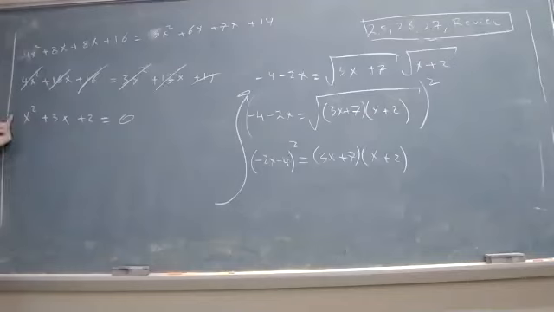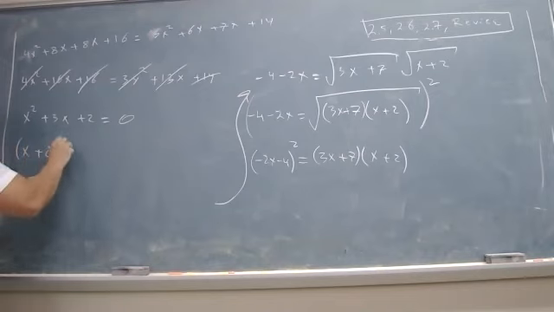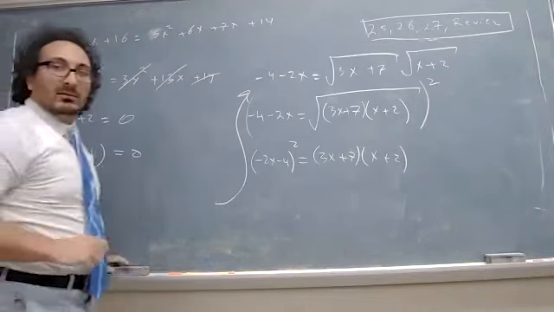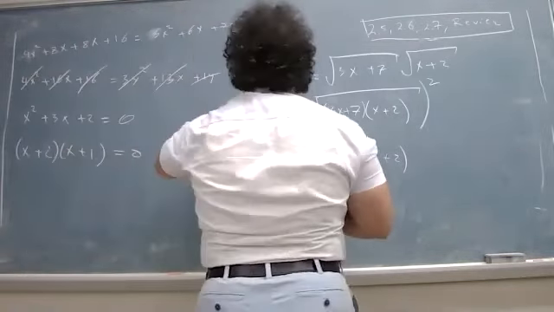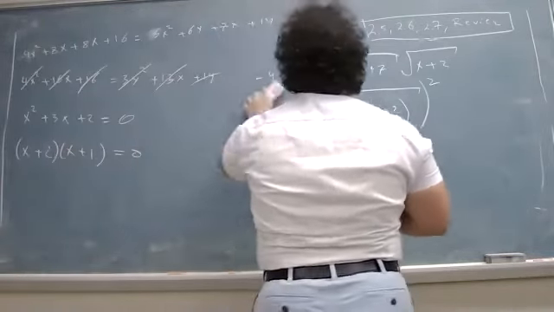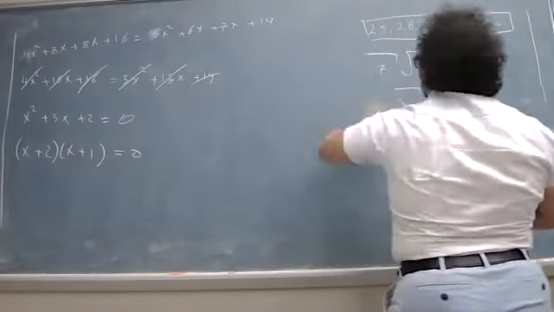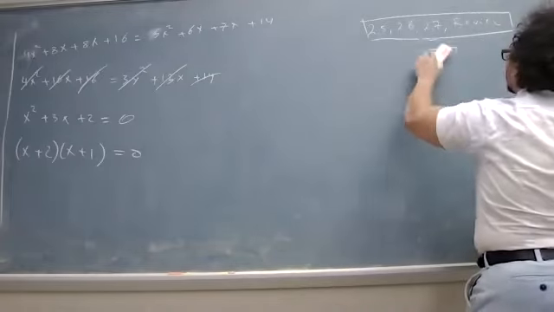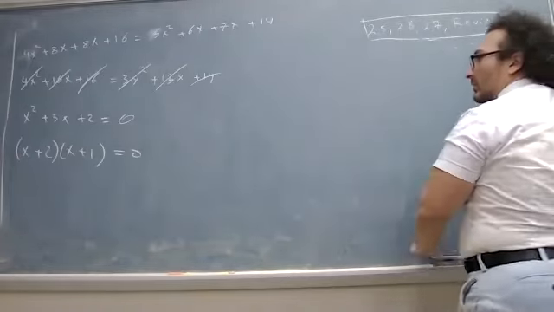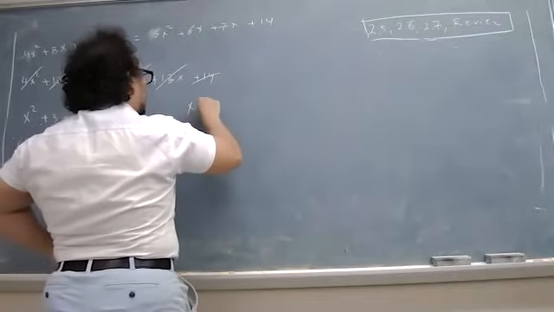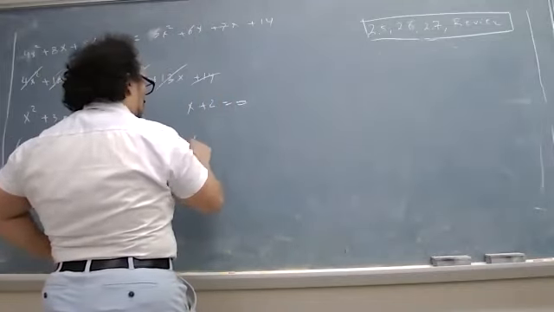What are 2 numbers that add to give me 3, but multiply to give me 2? You guessed it, 2 and 1. 2 plus 1 is 3. 2 times 1 is 2. So we just factored that sucker. So now using the 0 product rule, this implies I get x plus 2 is equal to 0, and my x plus 1